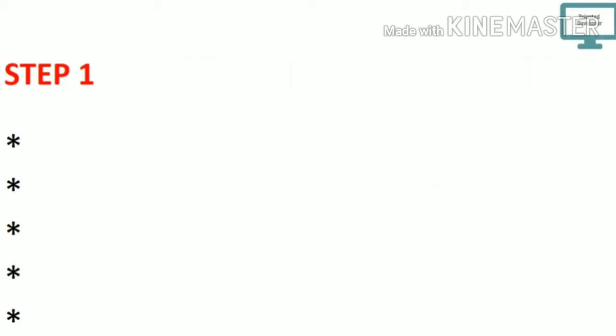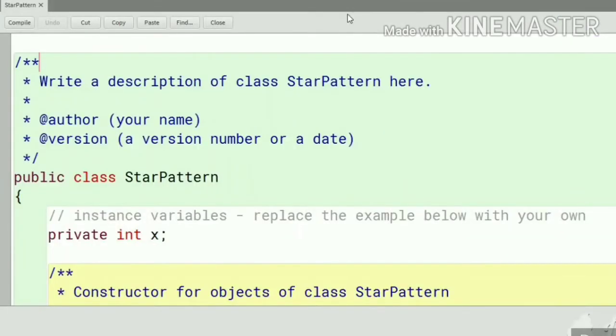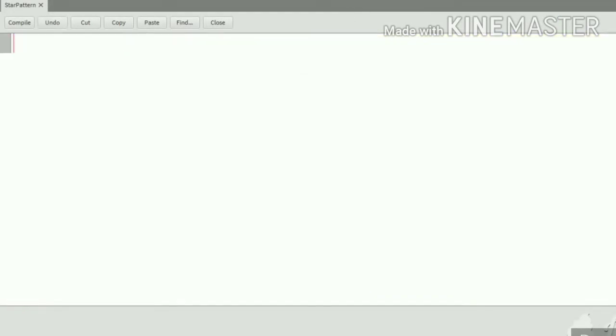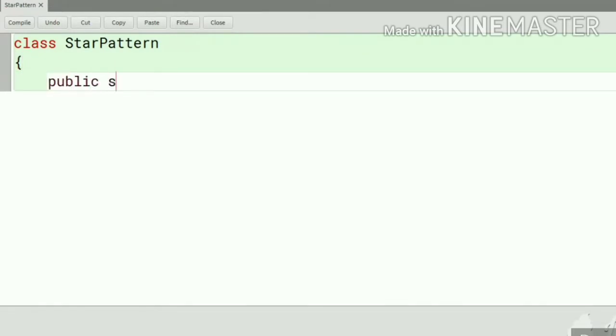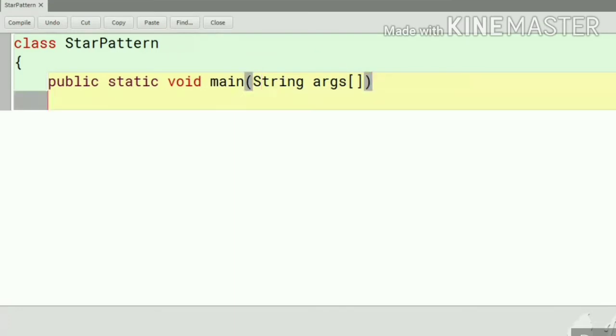First of all we need to get this simple 5 star. Let's start with the class name StarPattern, curly braces open. For the main method you have to write public static void main(String[] args), with square bracket open, square bracket close, and a capital S in String.